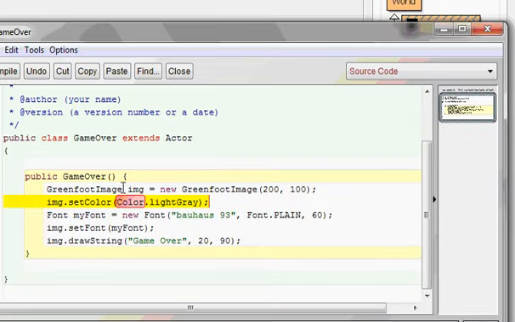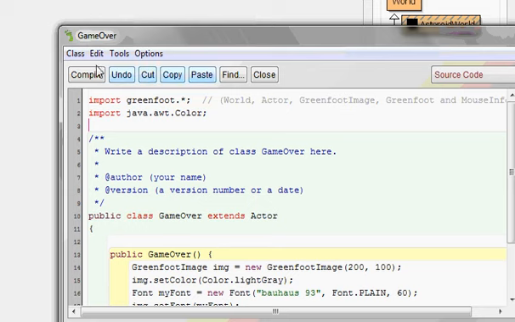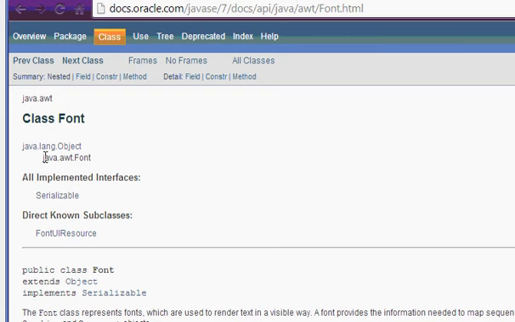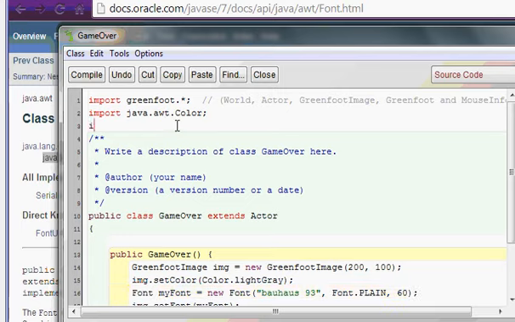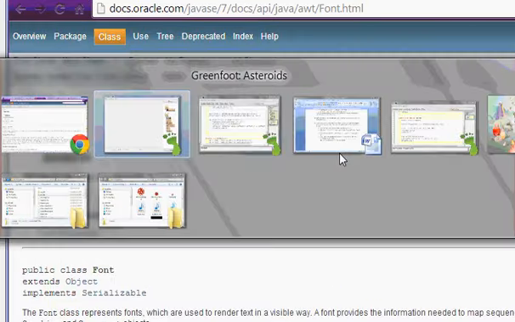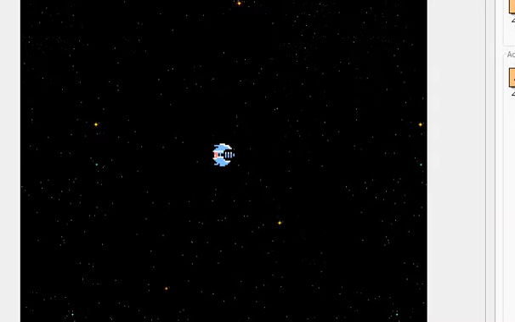All right, so here, Color's not imported as before, so we need to import the color API. Import java.awt.Color. Now Java knows about the Color class. Font, same thing. Let's go to the API for Font and find out where it is. So Font is in the same spot, java.awt.Font. So let's import that as well. The more Java you use, the more things you'll have to import. All right, let's recompile and see what we get. So recompiling. Now if I hit an asteroid,